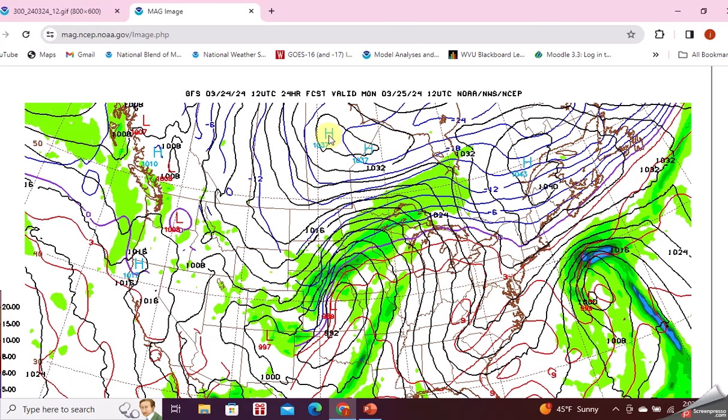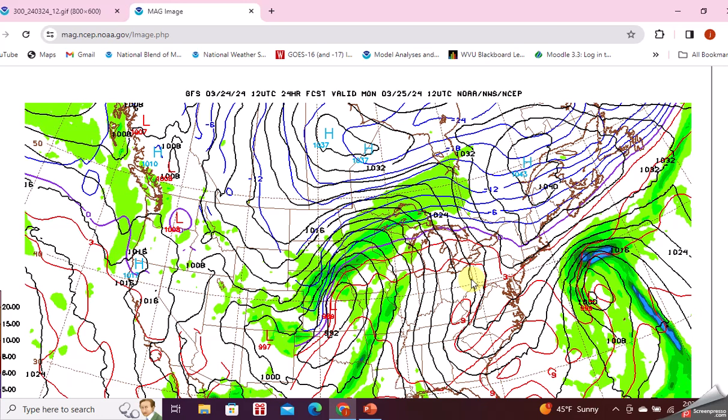High pressure, it's kind of split in two. We have one high sitting out to the west of Hudson Bay, and we have another high that's now over New England. A very strong high, actually, over New England, 1043 millibars. Both of these are continental polar highs. Oh yeah, the low that was over Colorado is now over Kansas. That warm front that we saw here has probably now moved further north, probably kinking up into here, maybe even coming up through Ohio, West Virginia some.